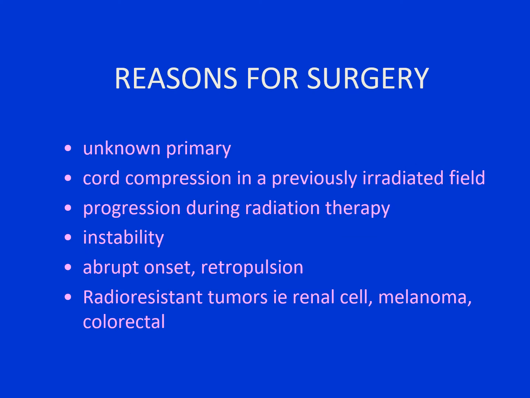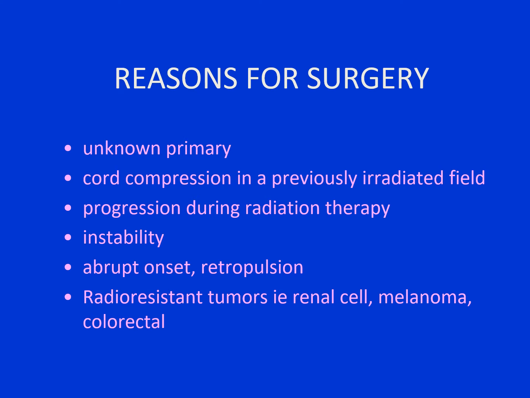There are a number of reasons for surgery, and I'd like to discuss them now. So patients who have an unknown primary, if a patient comes into the emergency room and they've never had a diagnosis of cancer, and they have spinal cord compression caused by what looks like a cancer, and you do a CT scan and there isn't an obvious source found, like there isn't a big lung lesion, there isn't a breast mass, there isn't a mass in the pancreas or the prostate, those patients need surgery, because without surgery you'll never know what the cause of the spinal cord compression is, and you won't be able to render the proper therapy.